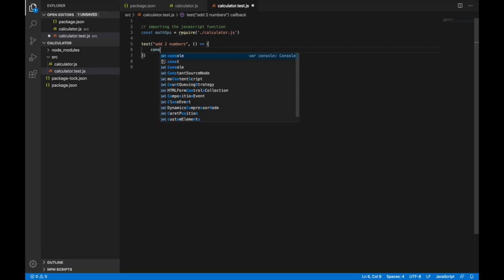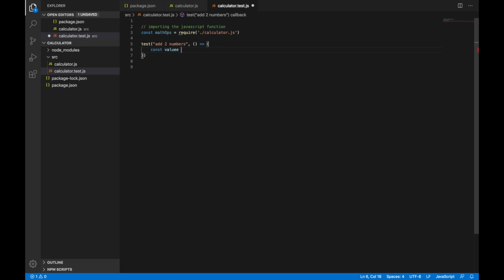I'll say const val equal to mathops.sum, say 3 and 4. In unit testing terms this is basically arrange and act, where you are getting the value of the sum operation in this constant val.